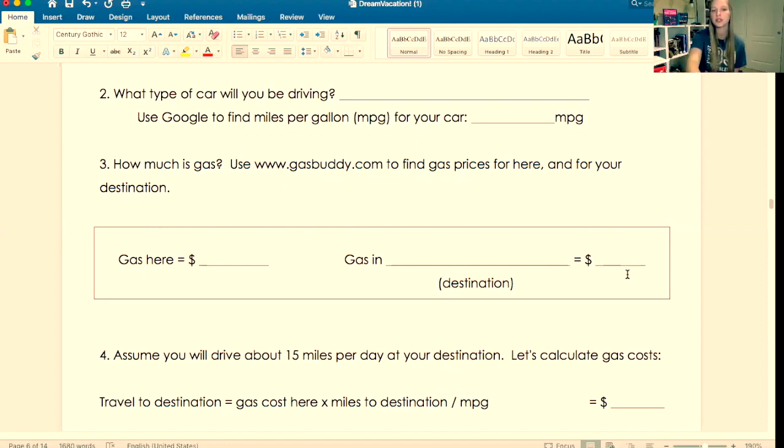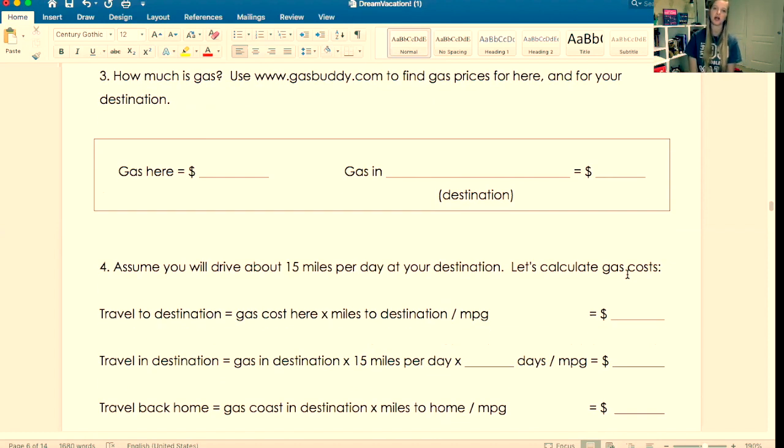And we're just going to assume here that you're driving about 15 miles per day at your destination. From there, we're going to calculate the gas cost. So traveling to the destination, the gas cost times the miles to the destination divided by the miles per gallon equals how much it's going to cost to travel to that destination.